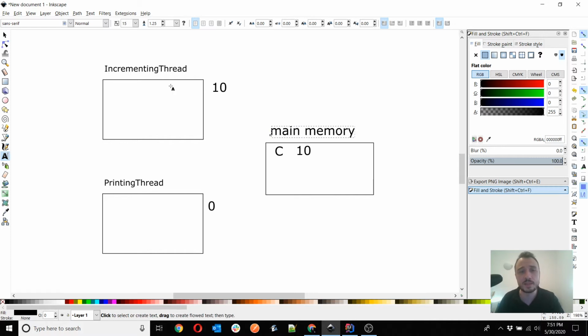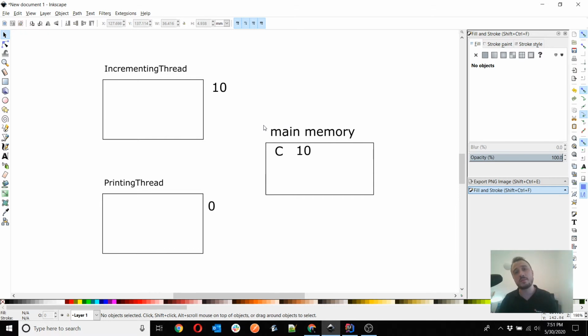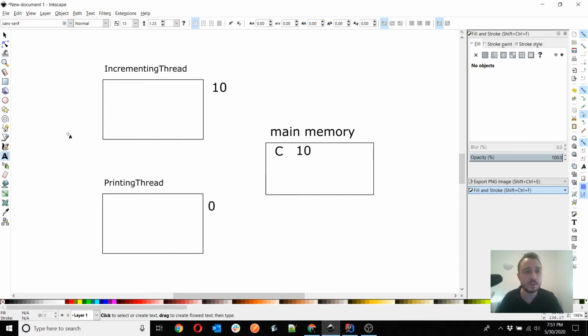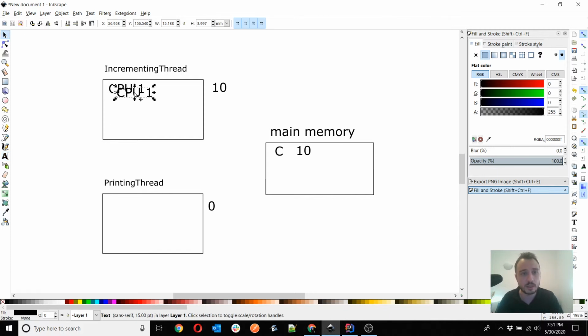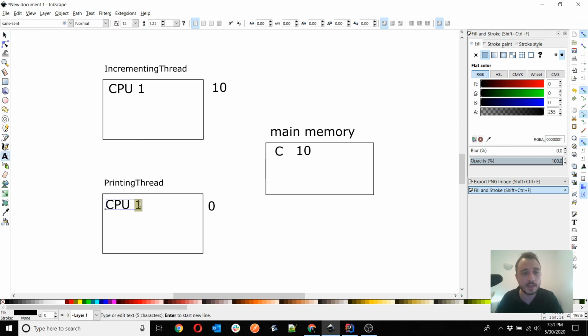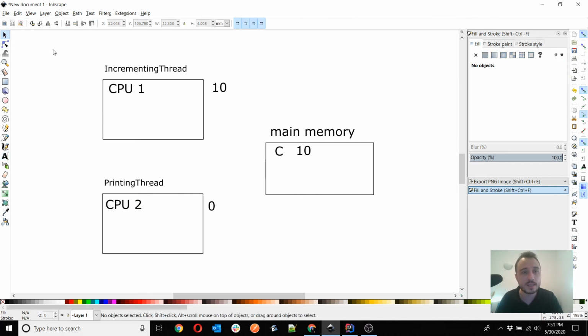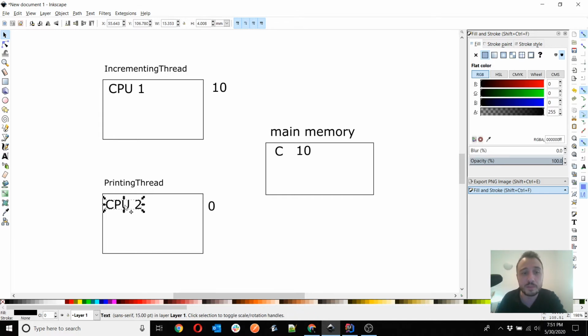But what happens is that when running a thread, one thread might run on a specific CPU, as we discussed in the previous lesson as well. And the other thread, of course, might run on a different CPU. And each CPU has its own cache memory.